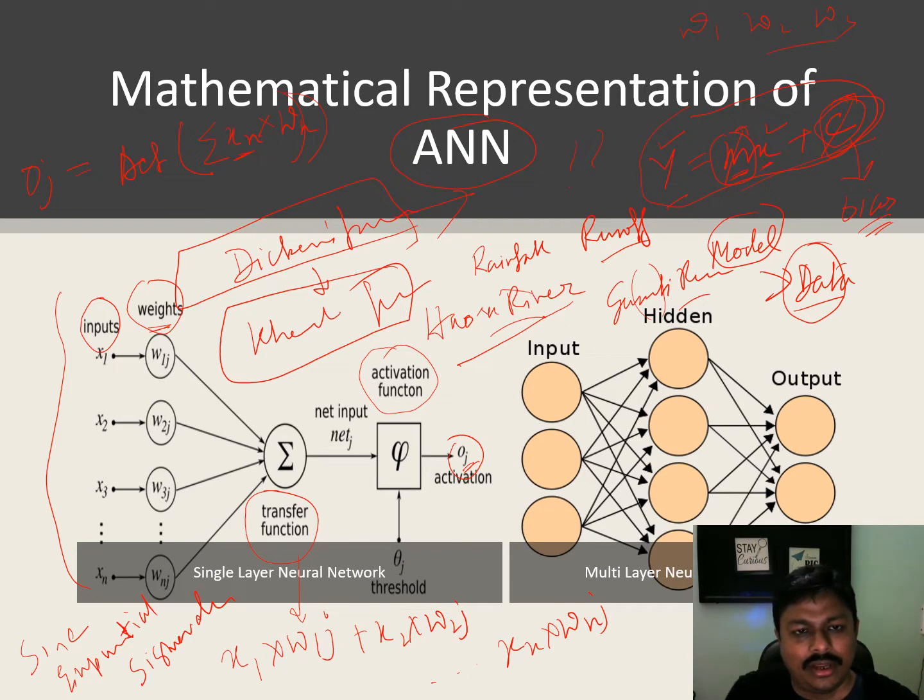and all of these inputs multiplied by their respective weights are added to each other, and after that this activation function is applied on it and the output is given. Now the trick that differentiates a neural network from other models is that if there is a desired value already given, say OD, then what we do is try to minimize the difference between OJ and OD